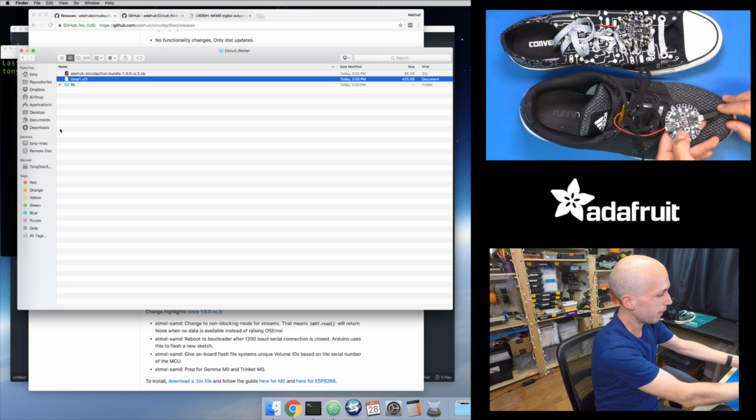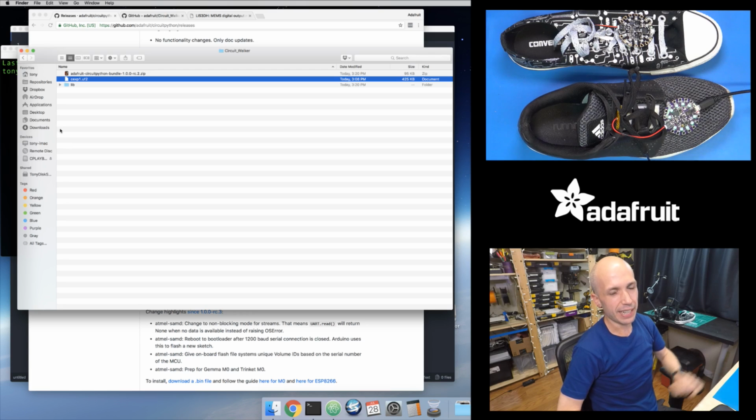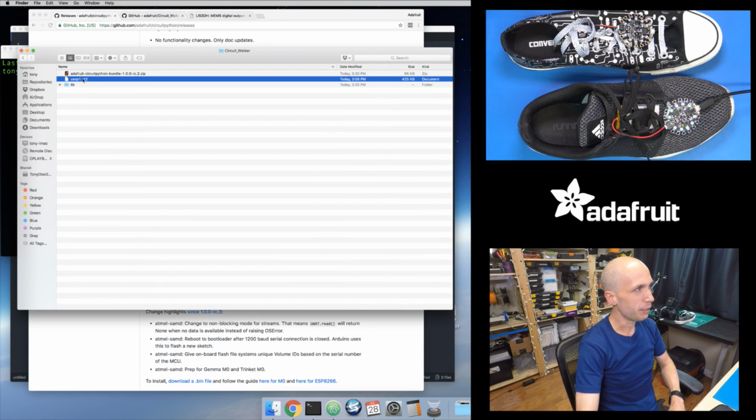So you double press the reset button, and you should see something like this, where the board turns green like that. You see all the LEDs light up green, and that's basically telling you it's ready to have firmware loaded onto it. And you'll actually see this CPlay boot drive show up. So I have a drive that shows up for this, and you'll see files like this current.uf2 file on here. But what I want to do is drag that .uf2 file that I downloaded from my computer onto this CPlay boot drive. So if I go into my downloads again, and if I grab that UF2 file,